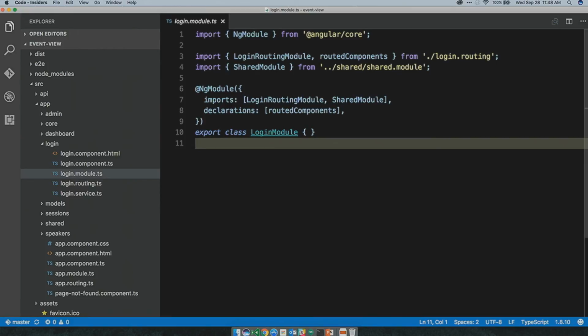If I then imported the core module somewhere else, which it already has, by the way, what would happen is I'd get a new instance of that service. So it's not in how you define it, it's in how you import the modules. If you import a module that has a provided service, you're going to get a second instance of these kind of things. So there's ways that you can actually go about it. This is actually defined in the style guide up on the Angular IO website too.